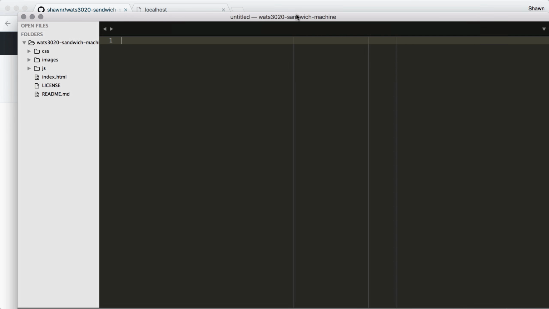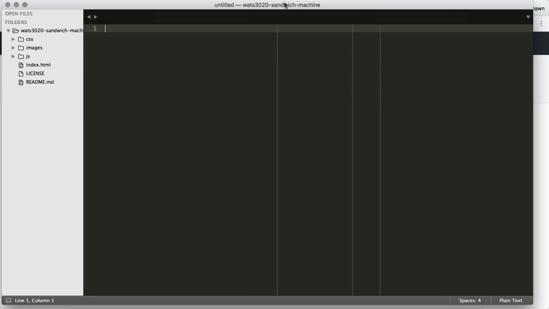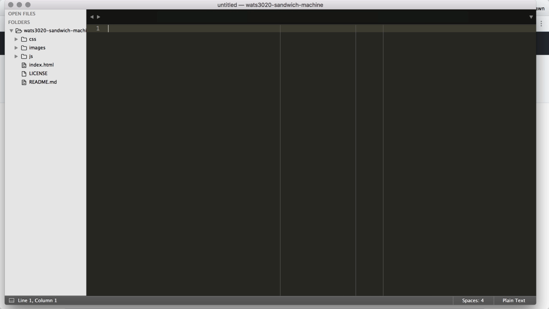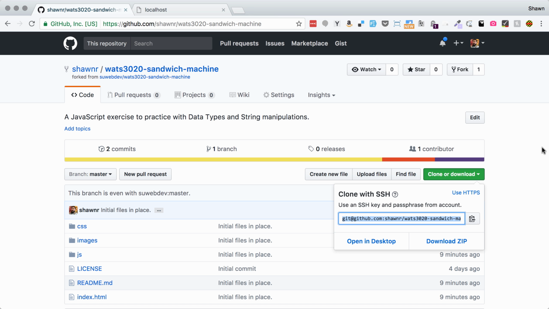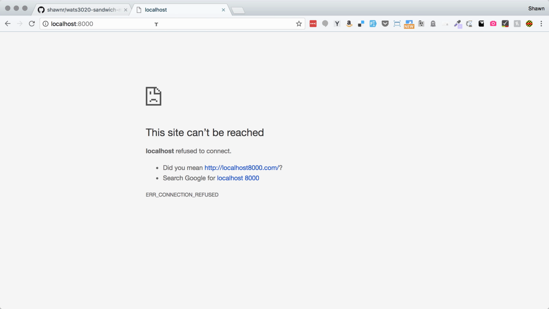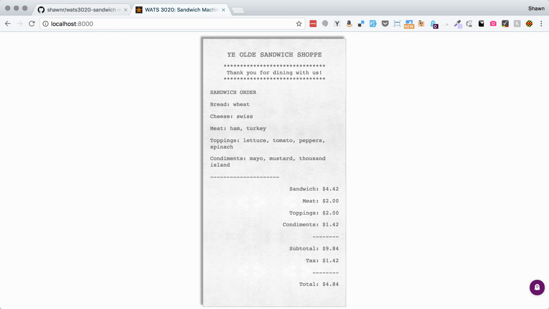So here is Sublime with these files open, and I'm also going to run my simple HTTP server in Python so that I can pull up the site here on localhost:8000,